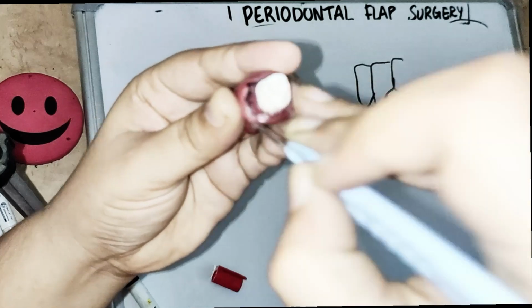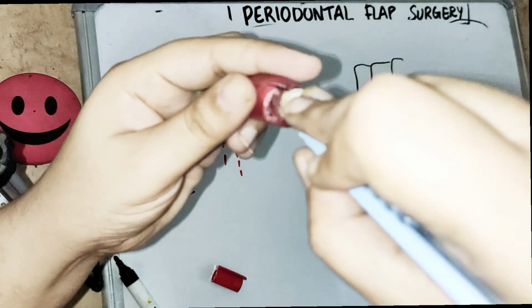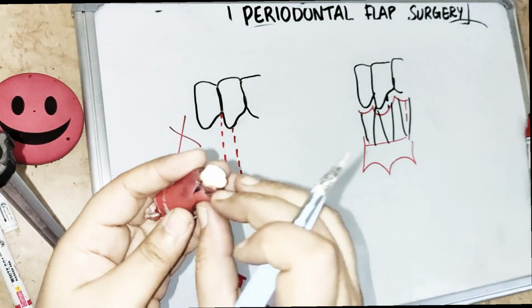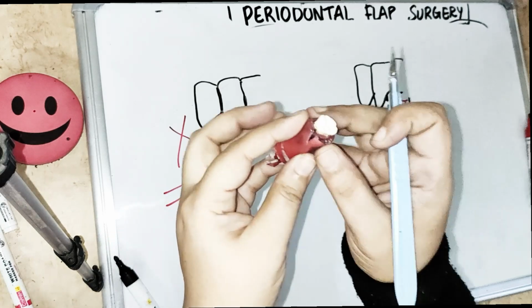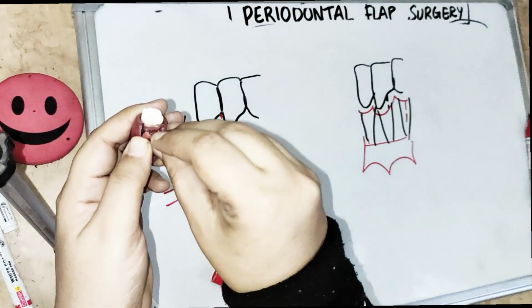See, this is becoming like an envelope. So you are removing all of the necrotic tissues from inside like this. You are doing curettage, so that also this will be a kind of envelope. So this is an envelope flap. So in a modified flap operation or the Kirkland flap, you are giving an envelope flap.